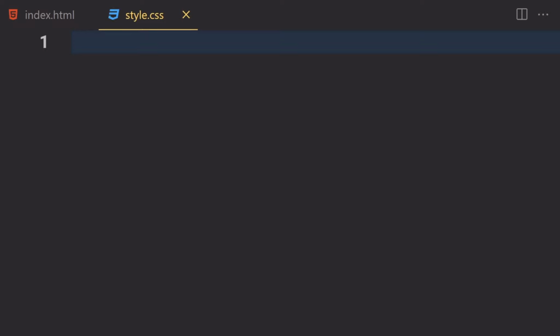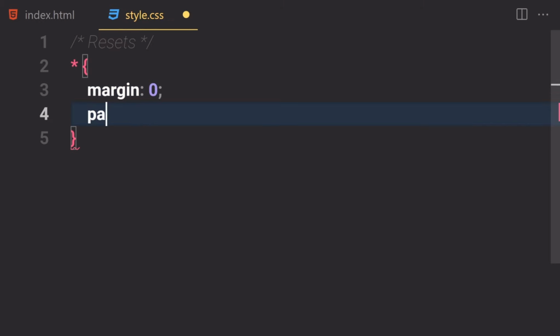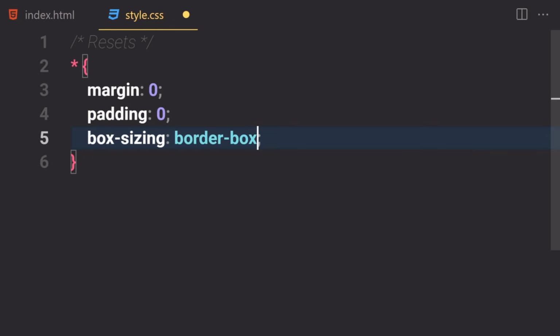For CSS, first of all, let me write a reset for myself. I'm going to select everything, and I want to provide a margin of 0, and padding will also be 0. Box sizing will be set to border-box. And now let's get into